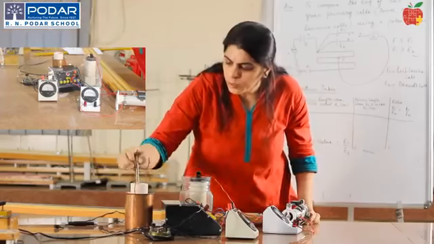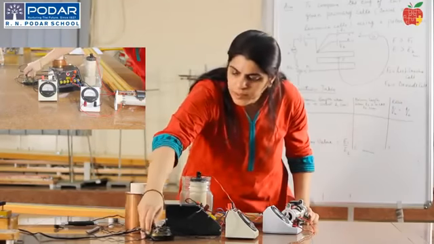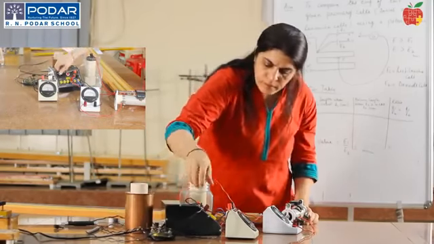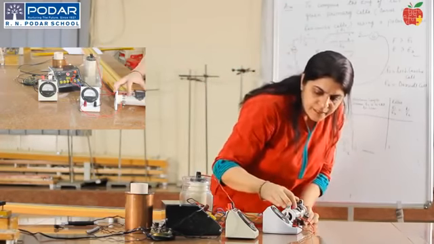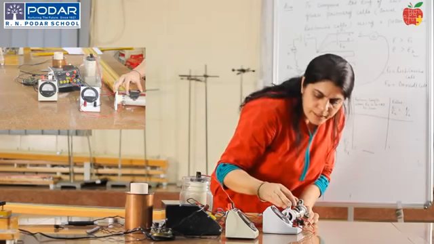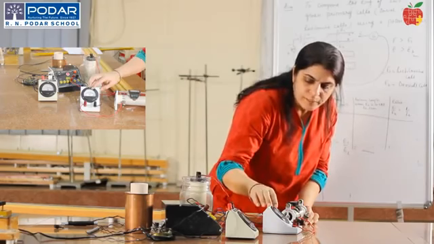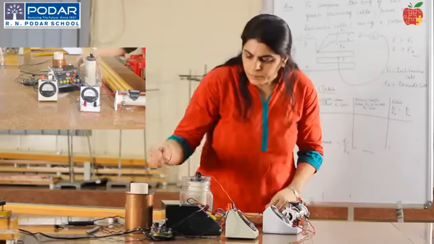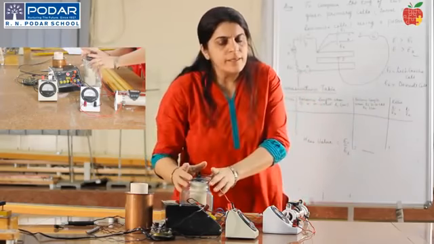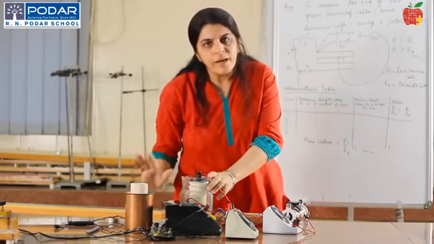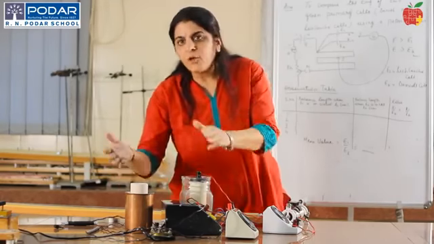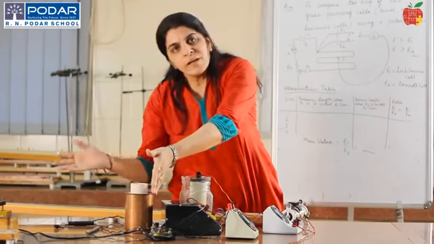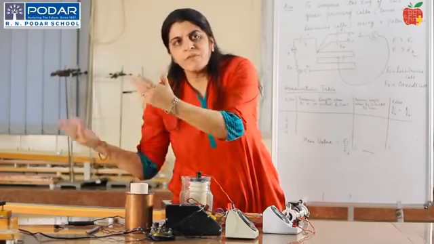Now for your next setup, students, switch off the supply and remove this rod from the circuit. Now switch on the supply, and with the help of a rheostat, adjust the current to some other value. Let us adjust it to 200 milliampere. Now again bring E1, that is the Leclanché cell, in the circuit and find its balance position like we did for the 150 milliampere. Now bring E2 in the circuit, find its balancing position and find the ratio.